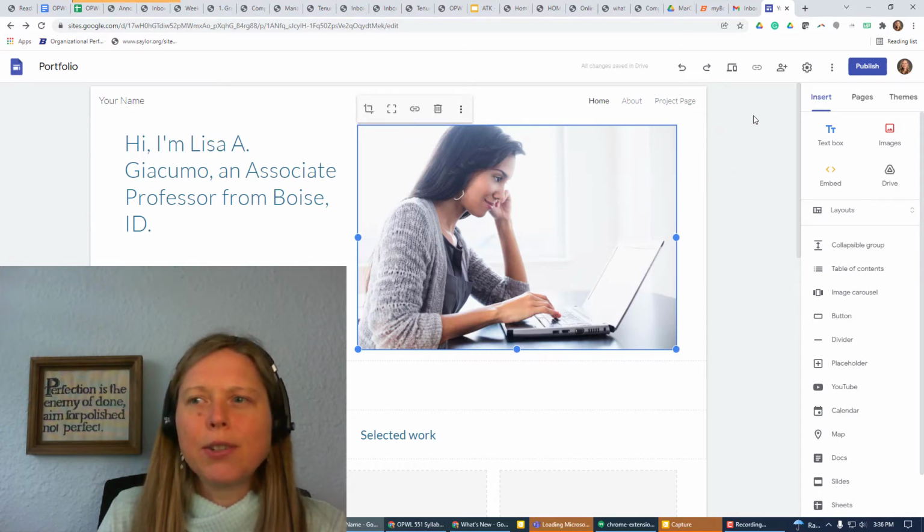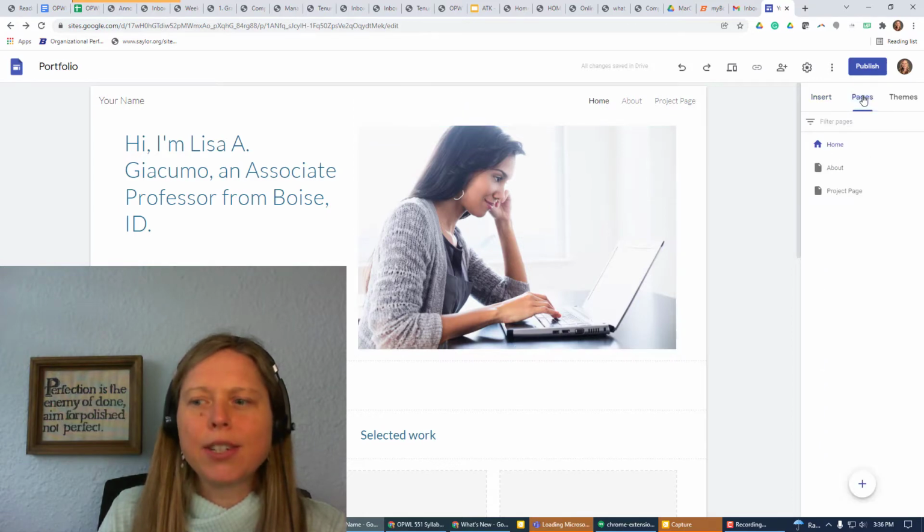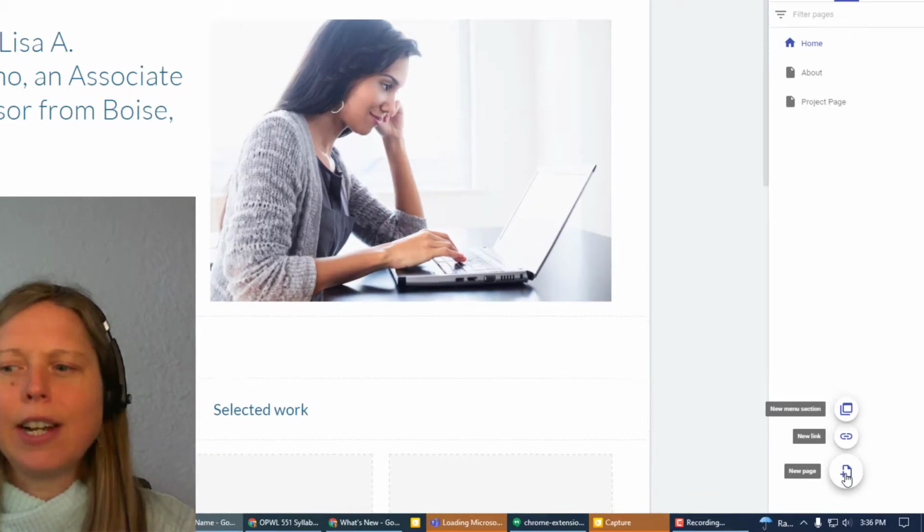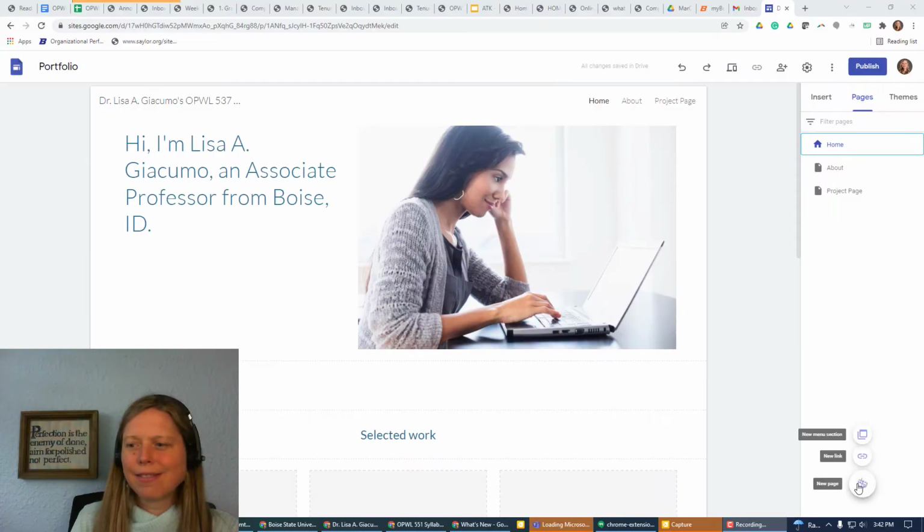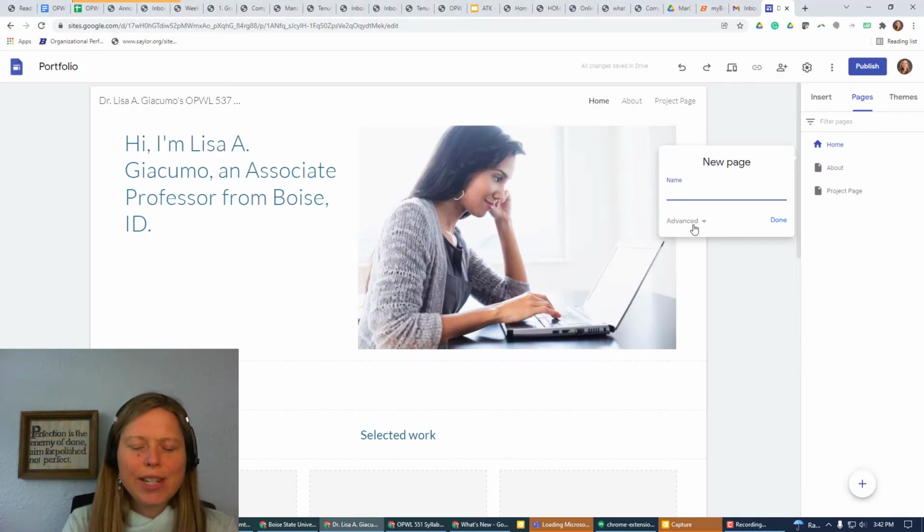And so what I'm going to do is I'm going to come over here to this left menu area and I'm going to click on Pages. I'm going to go down and click on Add. I'm going to title this page something that I would want employers to see. So I'll write down instructional design